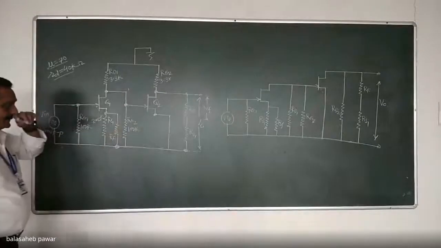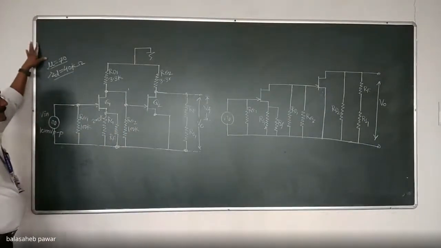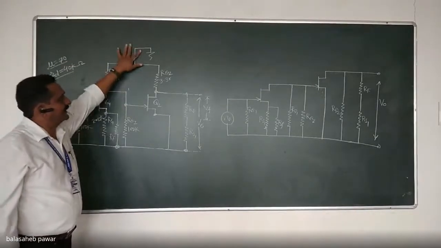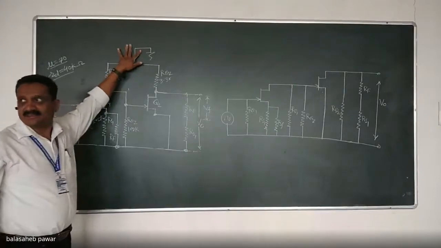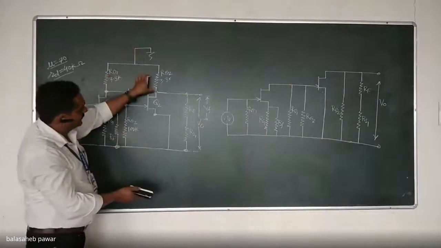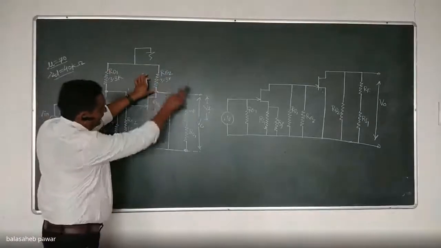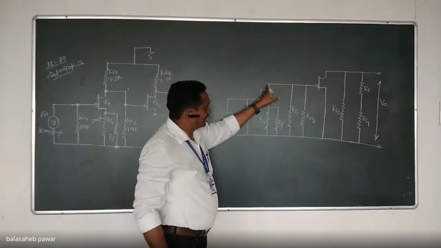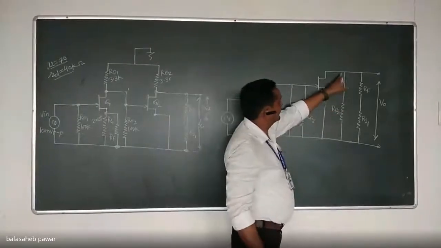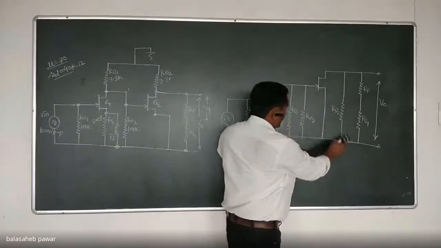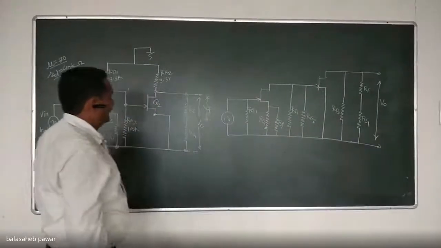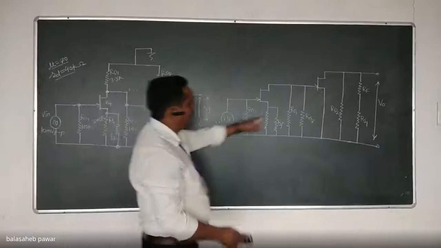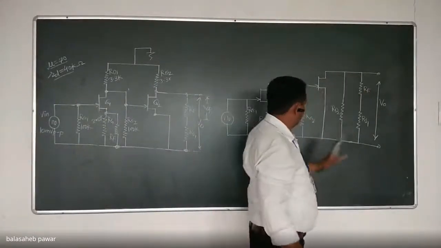Both circuit diagrams are the same. Agree? See, this RD1 or RD2, where they are connected to VDD, we are making it 0. That means grounding it. So when it gets grounded, one terminal will remain as it is to the drain and another terminal will get grounded. And that's why I showed that RD1, one terminal is to the drain as it is. Similarly for RD2, one terminal is as it is to the drain and the other terminal is grounded. While RF and RS1 are already connected to the drain, they remain connected to the drain of the second transistor as it is. So is it okay?